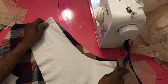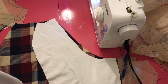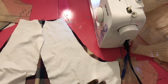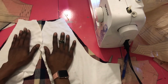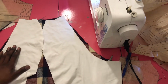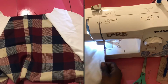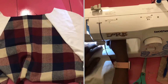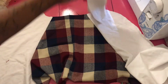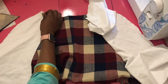So what we're gonna do now is go ahead and pin our back sleeves to our back. Pin our backs to our back sleeves, and then we're going to come back. Okay guys, so now that we have our back sleeves attached to our back lining, what we're going to do now is attach our front sleeves at the shoulders